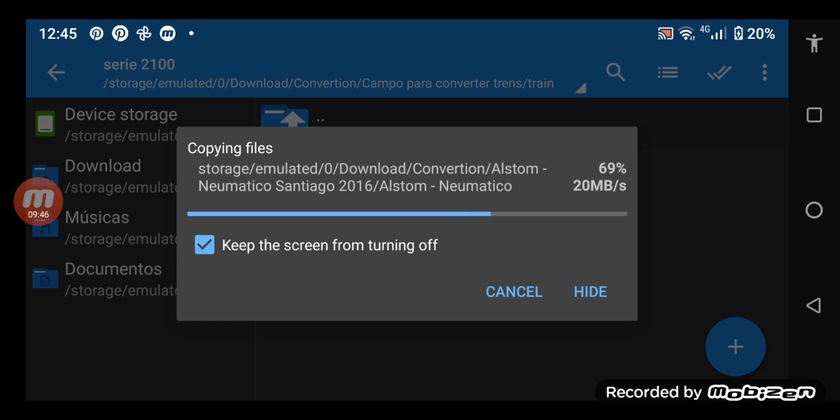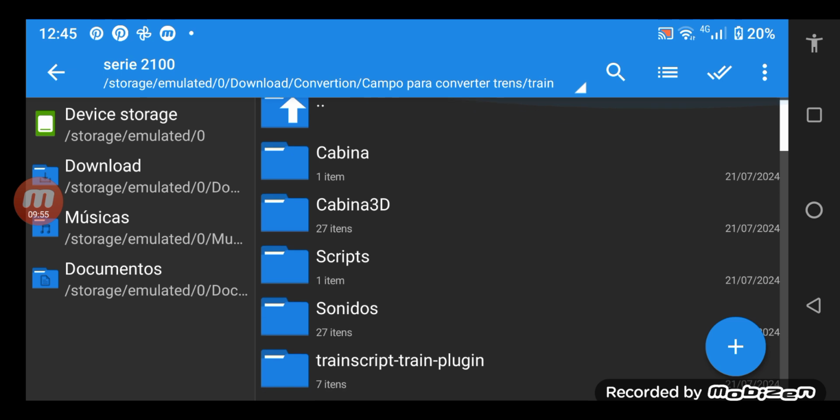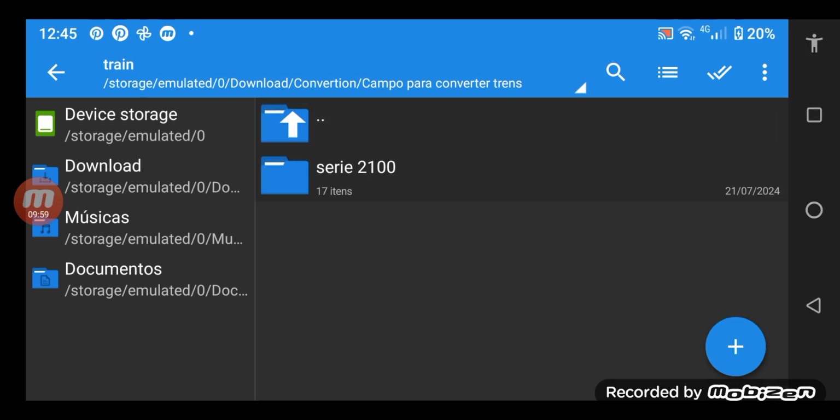There are trains that you cannot convert without authorization of the creator. So you guys need to prevent this, because you could